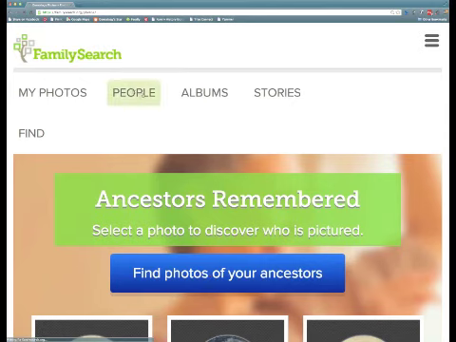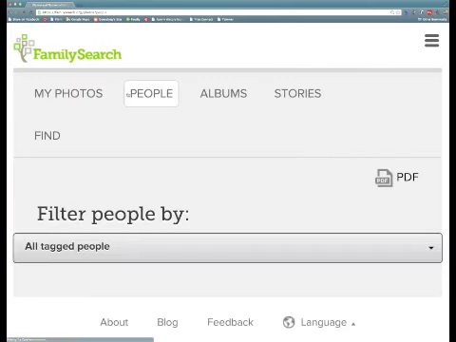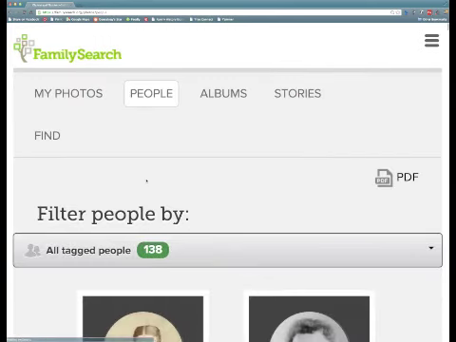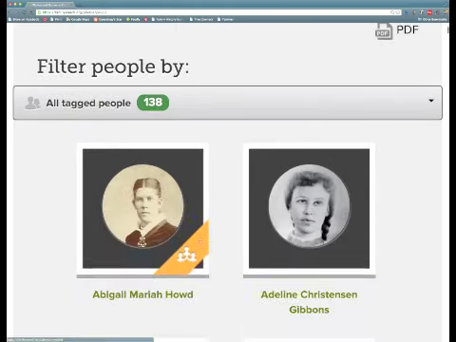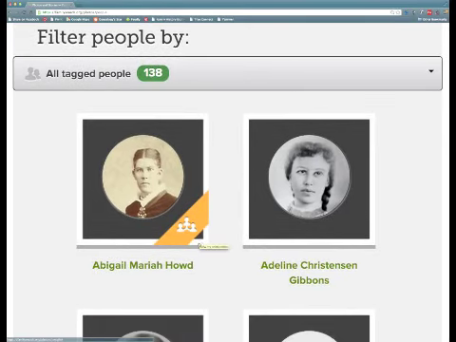which is the same as this link up here, and show you all the tagged people in your photos now uploaded for your ancestors. There are 2 kinds of markings here. Those without any yellow band are photos that you yourself have uploaded to the program. The other ones with the yellow band are pictures that have been uploaded by your relatives